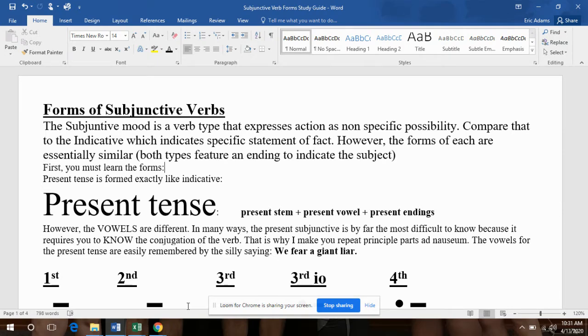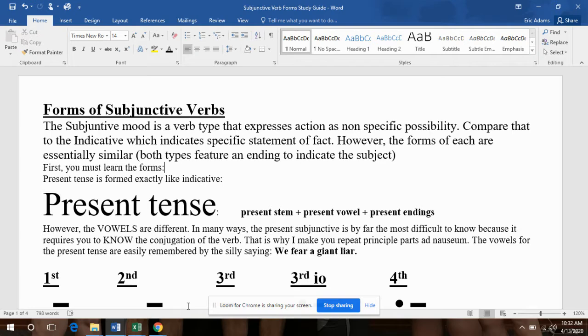Of course, you know the imperative is the verb when its form indicates that the expression is a command, and the indicative is similar to the subjunctive in that it will have all of the subjects, I, you, he, we, y'all, they, as expressed by the same endings that we have seen so far: m/o, s, t, mus, tis, nt, r, ris, tur, mur, mini, and ntur. But the subjunctive form is going to be a form that is indicating a certain non-specificity, non-specific possibility